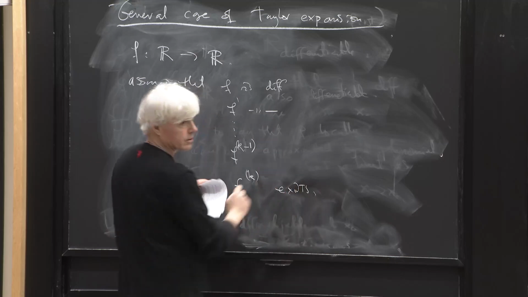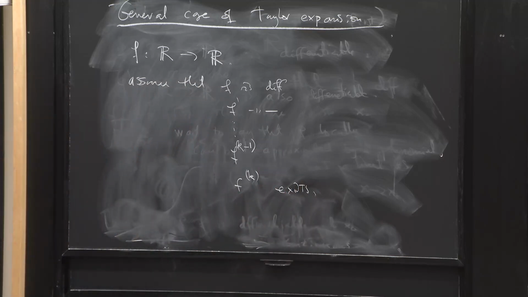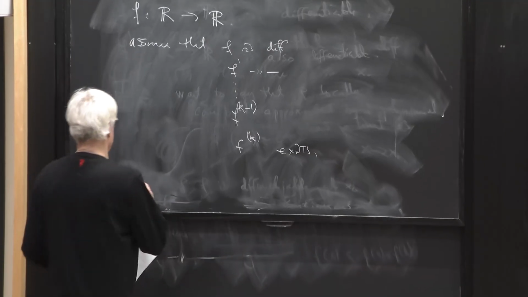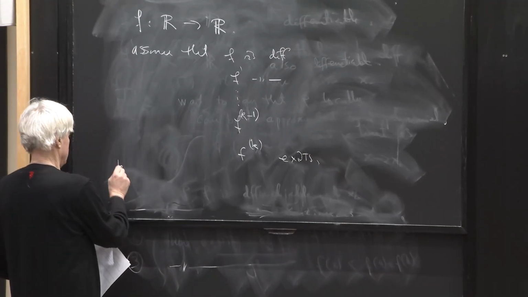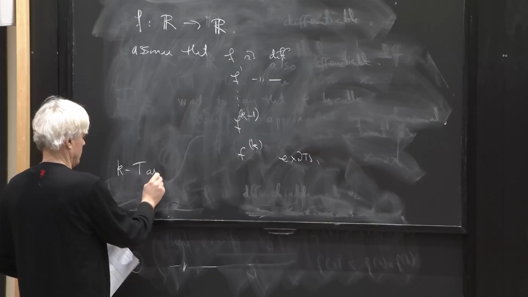So all of these derivatives exist. And then the claim is that, so now the Taylor polynomial,